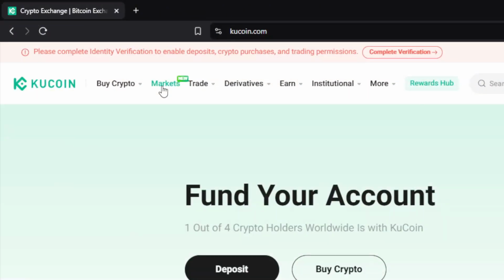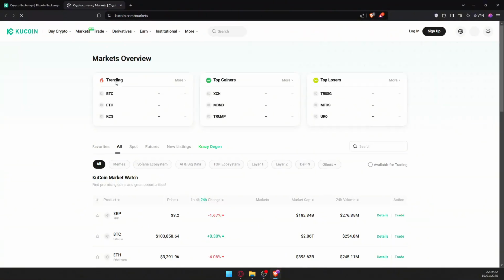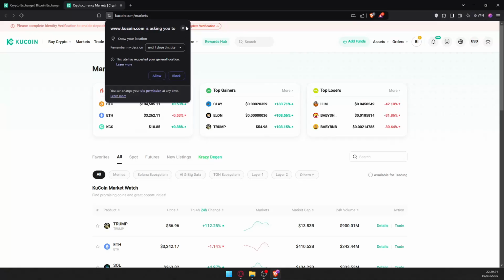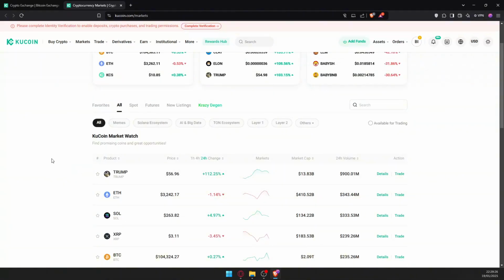Now we can go basically to markets right here. Once we go to markets, as you can see, the first thing that you'll find in front of you is clearly the Trump coin. Why? It's basically the trending coin at the moment. You can't find it at the trend of any market. If you go to Coinbase, Binance, wherever you go, you will find it at the top because it's the highest